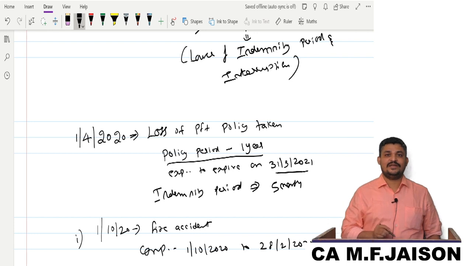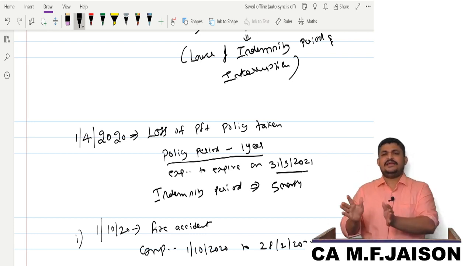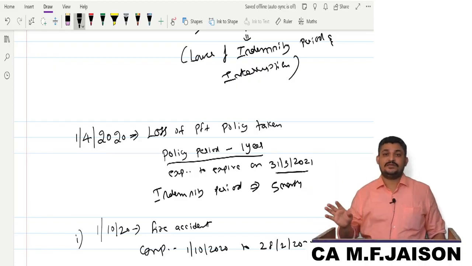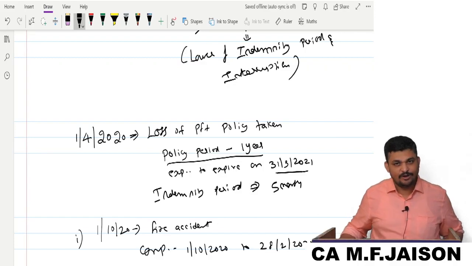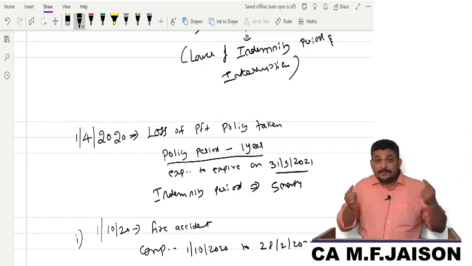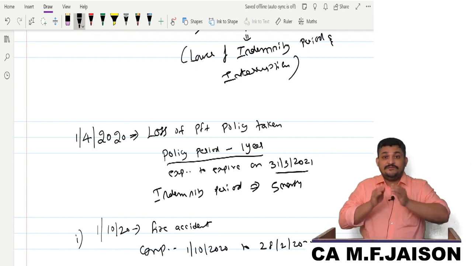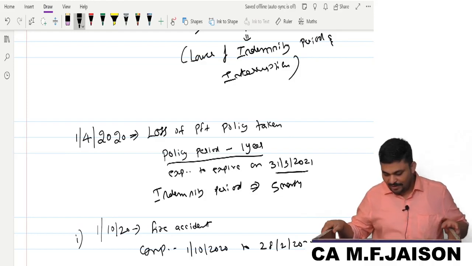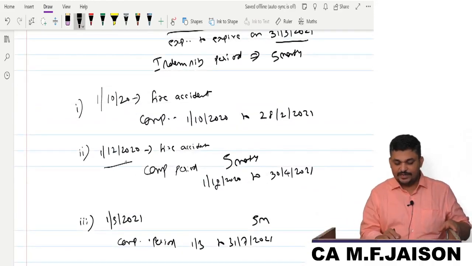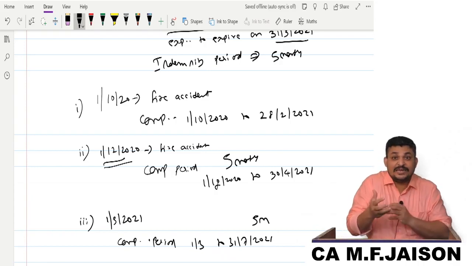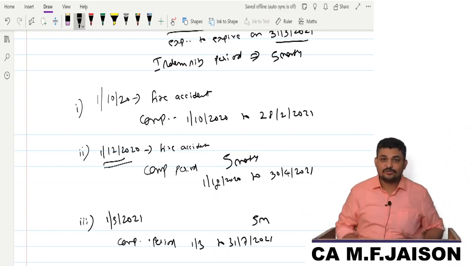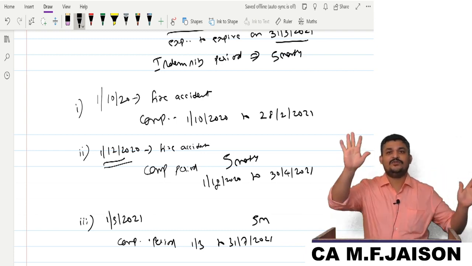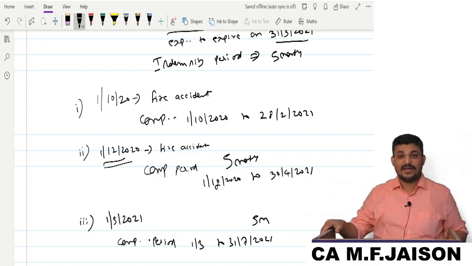So that is the difference, my dear friends. The 5 months is the period exactly after the fire, the maximum period after the fire for which there is compensation. That period is what we call the indemnity period. I hope you are following this. Your indemnity period need not be within the policy period. That is why, when I gave you the 112, you were hesitant to take a period after 31st March, but that's wrong. If the fire took place within that policy period, you will definitely be eligible for 5 months. I hope you are understanding.